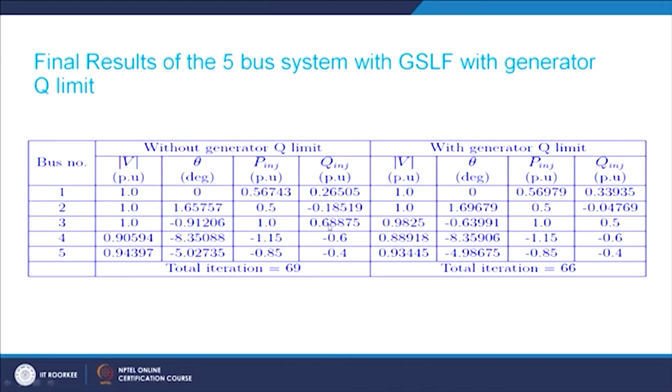118.519 MVAr, but the total amount of reactive power which is being generated by the generators is only, here it is 26 and it is 68. So, it is coming out to be something like 94 point something, or let us say roughly 95 MVAr. So, here the total amount of reactive power generation by the generators is only 95 MVAr, but the total amount of reactive power which is being taken away from these buses,